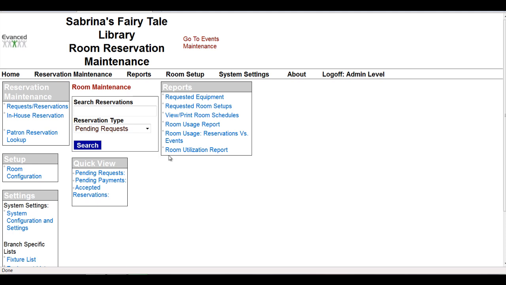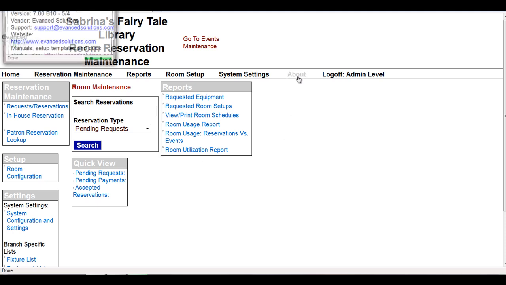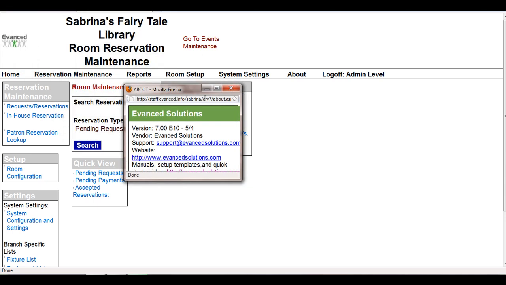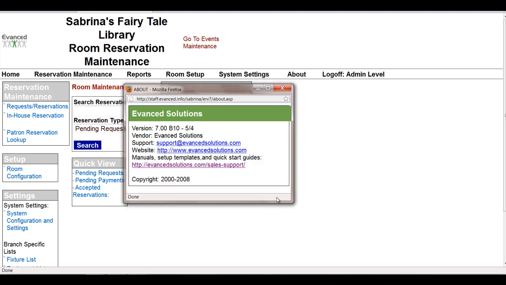If I needed more information about the actual program, I would select the About from the toolbar. And as you can see within the About, it will give me information about what version I'm on, the vendor, support, website, and manuals. This becomes very important when you're contacting support because they will need to know what version